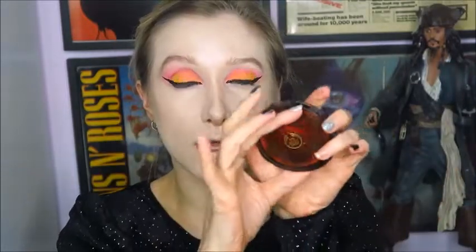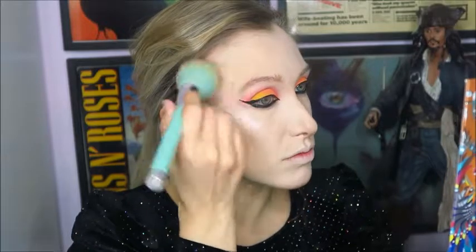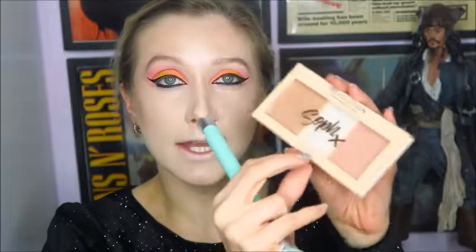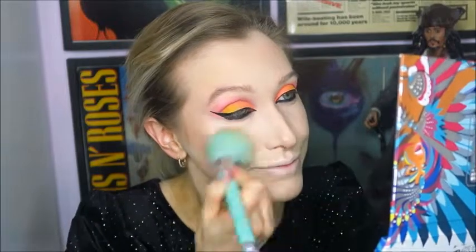And then I've just got this little bronzer here from the Body Shop, and I'm just using that to really warm up my face because I'm looking so pale. That foundation is horrible, and all I've seen about it are good reviews as well, so maybe I'm the problem. And then in with the blush shade from this palette here, I'm just going to blush my face up, bring some life into it again,